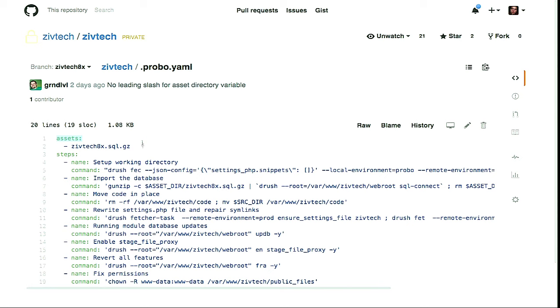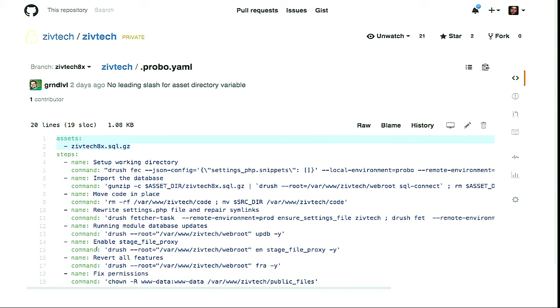Then when you want to use it, you just put that in here, and the container manager has a plugin that looks at any assets that you've got and then connects to the configured asset receiver to download those assets into the container, and it puts them in /assets. And it also downloads the code to /code. So by the time your stuff runs, your steps wake up in the code folder, /src, and then they can do whatever they want with those. So you can have multiple assets. You could upload a files zip of your public files folder and your SQL database.